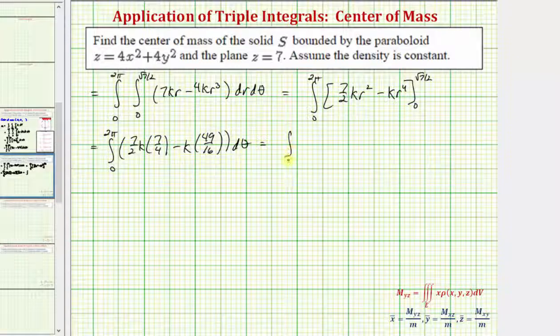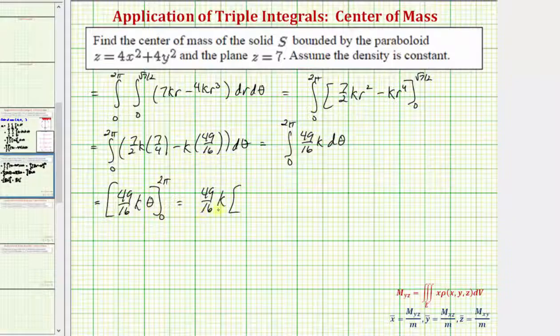So this simplifies to the integral from 0 to 2 pi of 49/16 k. And now we integrate this back to theta. So we'll have 49/16 k times theta. So we'd have 49/16 k times 2 pi minus 0, which simplifies to 49 pi divided by 8k. So this is the mass,